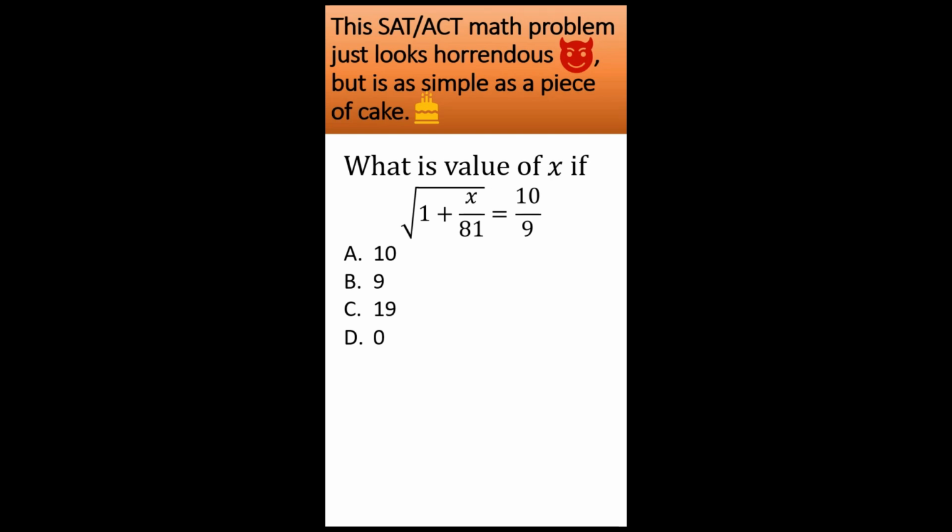Now let's have a look at this problem. We have been given an equation, and on the left hand side we have a big square root. So how do we solve this? In this problem where square roots are given on the one side, what we do is that we square both the